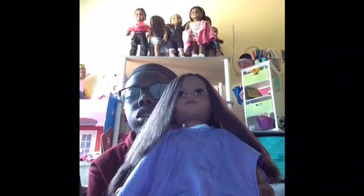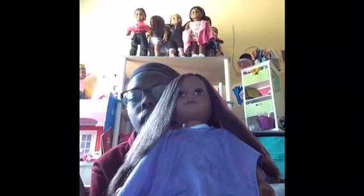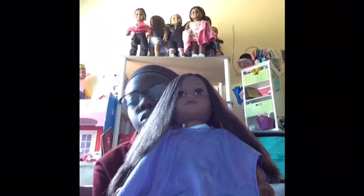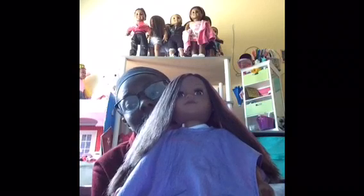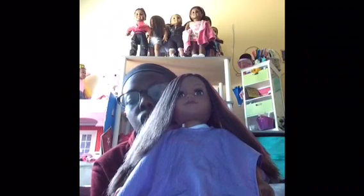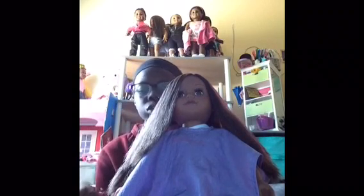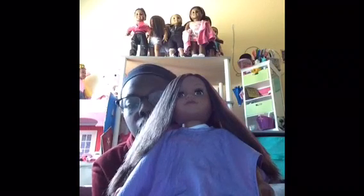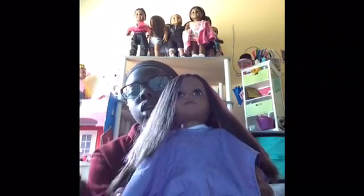So that's my explanation of why I have a bowl of water and my spray bottle. Also, you need towels, which I can't show you because my doll is on a towel. And she has a cape so that she doesn't get her clothes